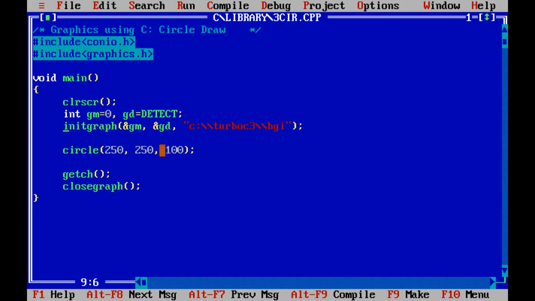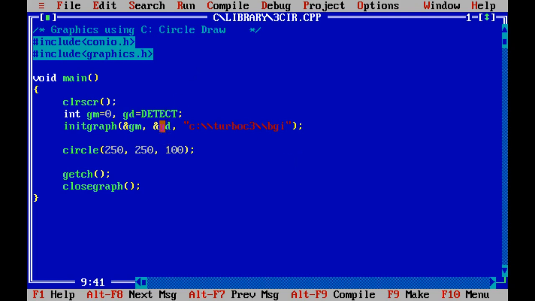Initgraph needs three parameters. One is the graphics driver, another is the graphics mode, and another is the path of the BGI folder. BGI stands for Borland Graphics Interface.